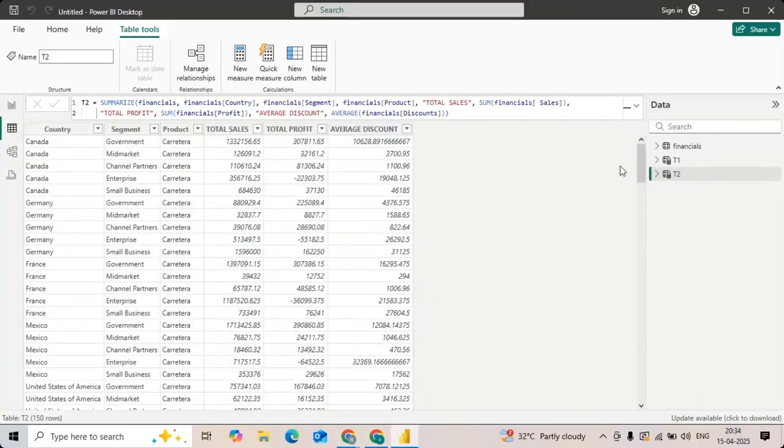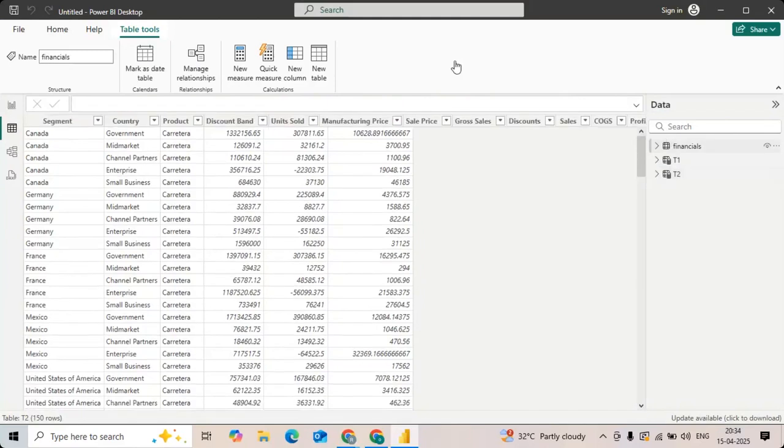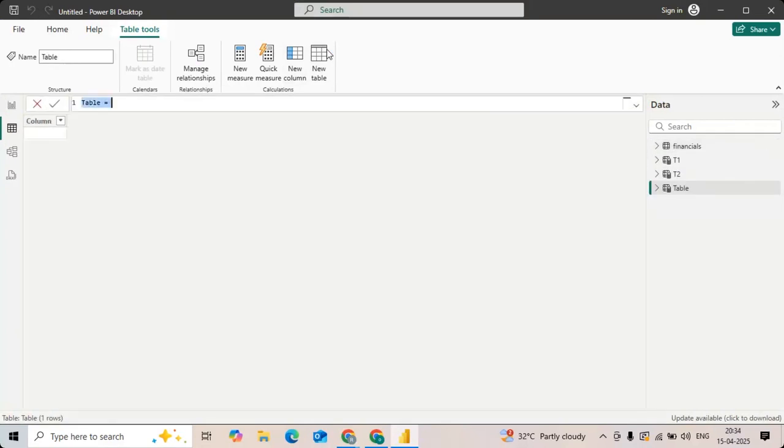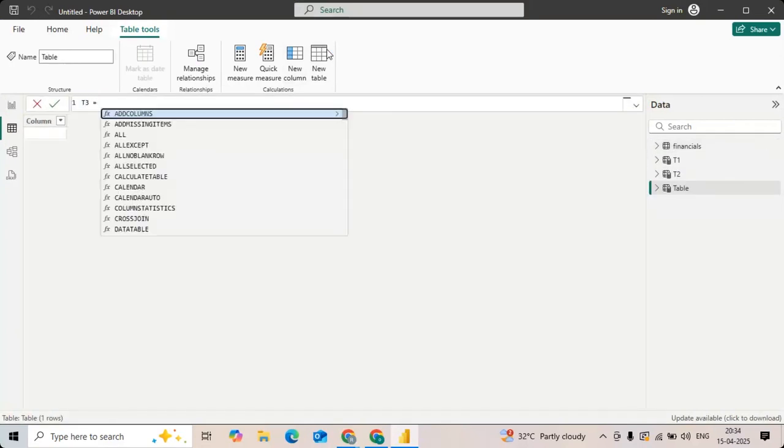Let me explain one more function, summarize columns. We discussed summarize. Let's go with summarize columns. Let's try the same question: country wise total sales. Simple question. I don't want to do it with summarize, but with summarize columns. Select this option, new table one more time, and give it a name, T3 equals to the function